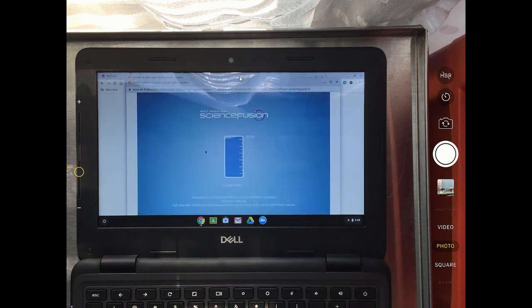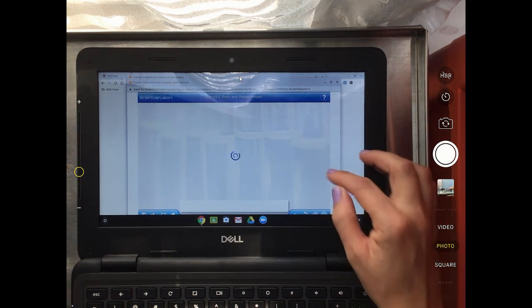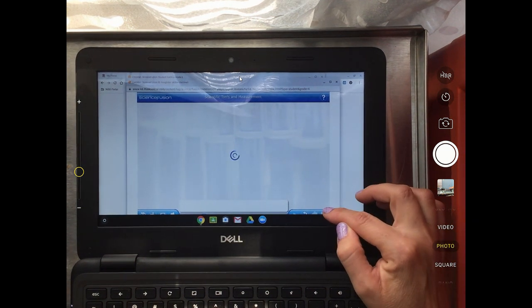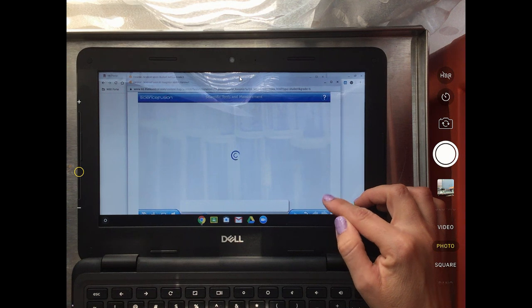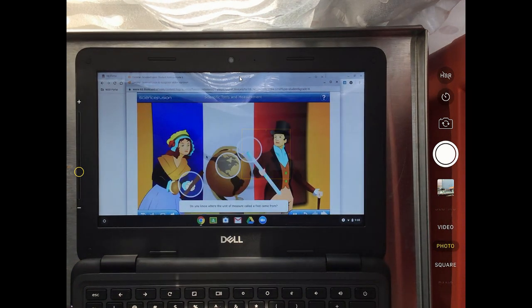The resource has an audio track. It will read it to you. You just click through everything at the bottom using the arrows. It's interactive. A lot of times it'll ask you to do things. Do you know where the unit of measure called a foot came from? So you can